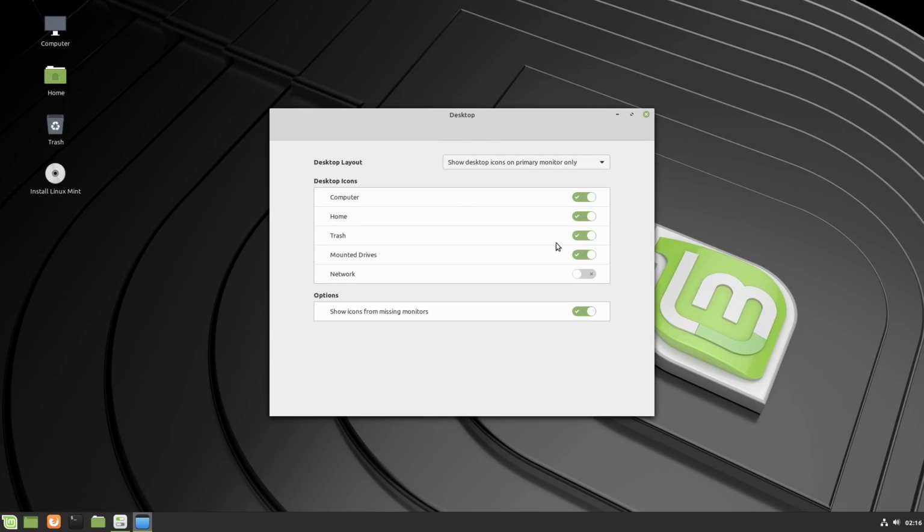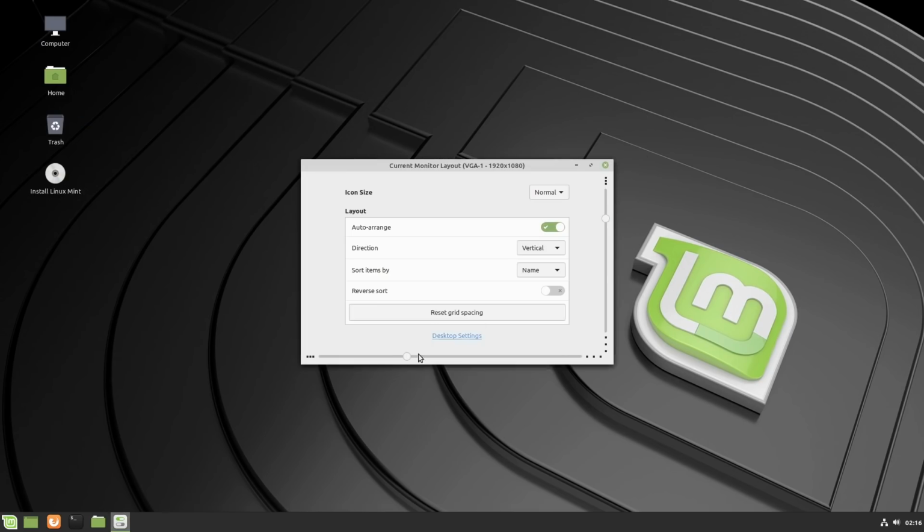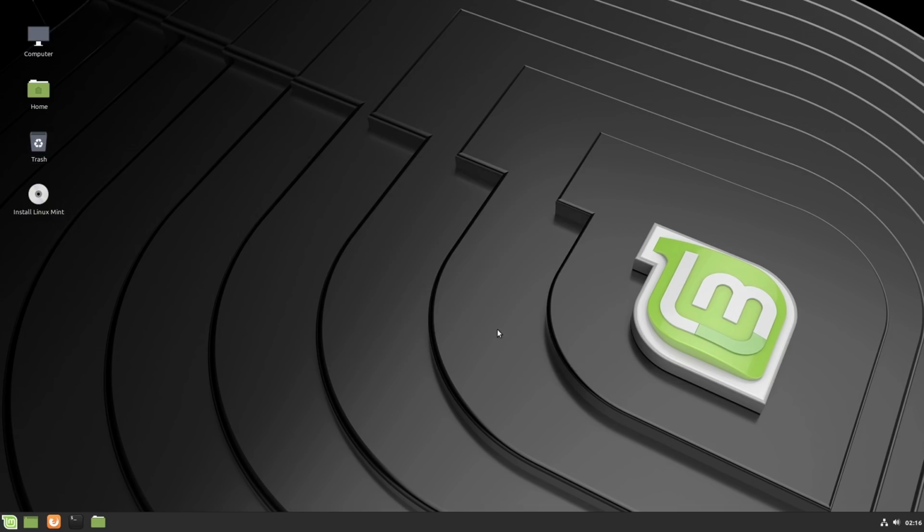We do have more configuration options for our desktop in Cinnamon as of recent, where you can adjust the size of the icon spacing, the size of the icons themselves. So we have a couple different options here. So if you are looking for more desktop customizations, Cinnamon's going to be your best bet. I believe XFCE and Mate are going to have somewhat similar settings in here as well. Like I said, this is something that is a little bit more specific to Cinnamon, as it's a Cinnamon 4.0